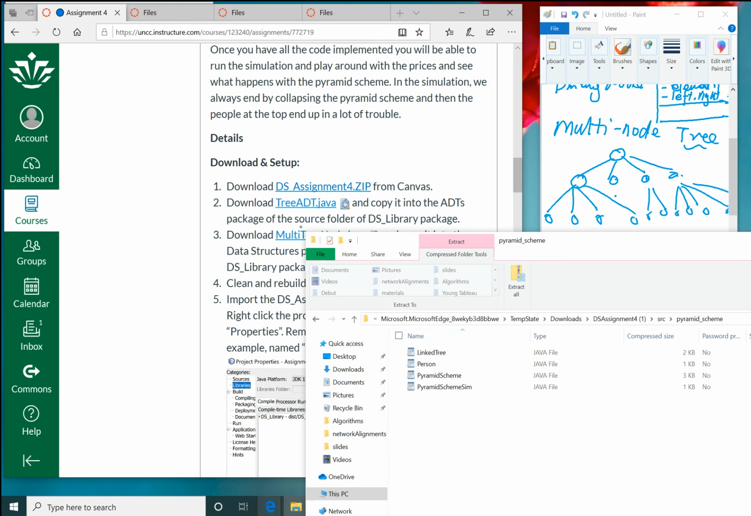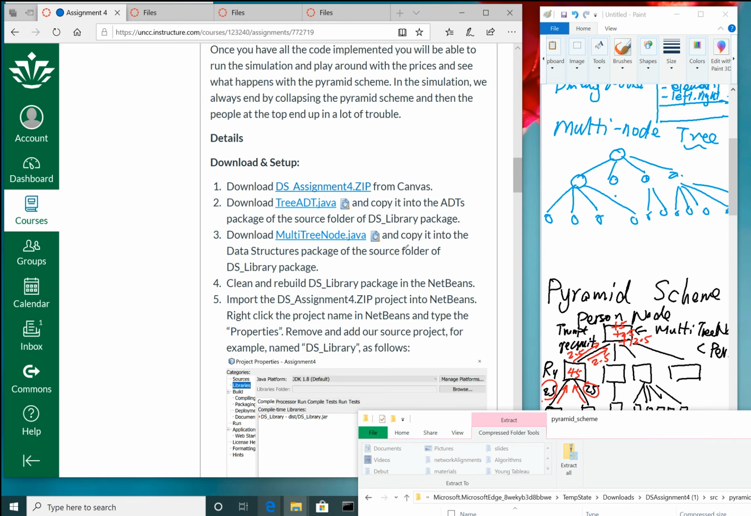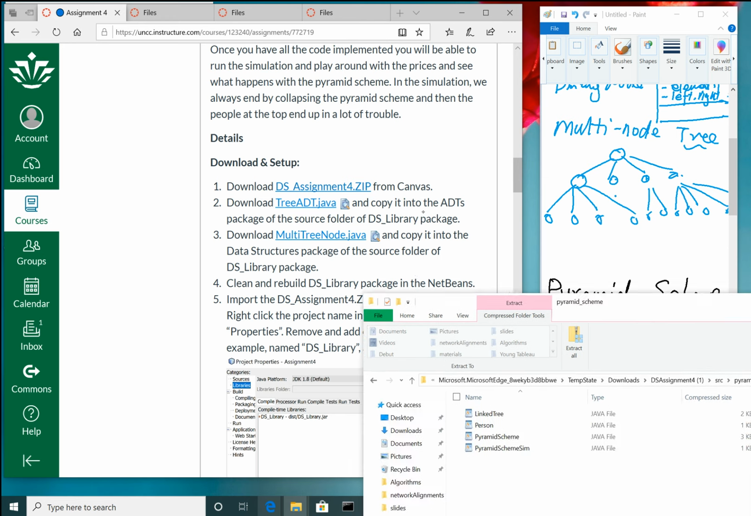In the library, which already includes the multi-tree node. Okay, so download the tree ADT and copy it into the ADT package of the source folder, and download the multi-tree node Java and copy it into the data structure package of the source folder of the DS library packaging, which corresponds to